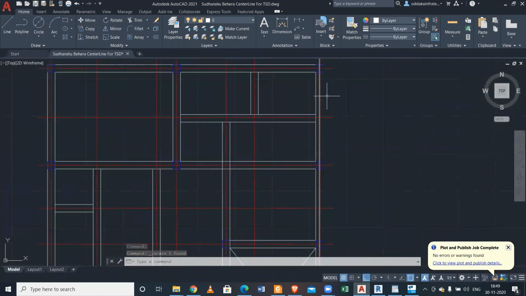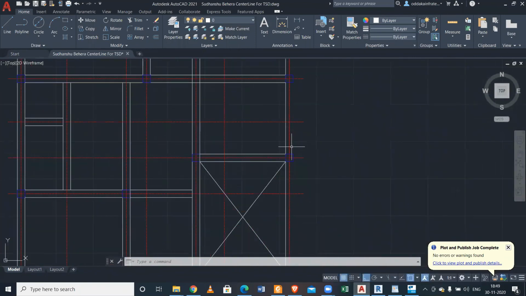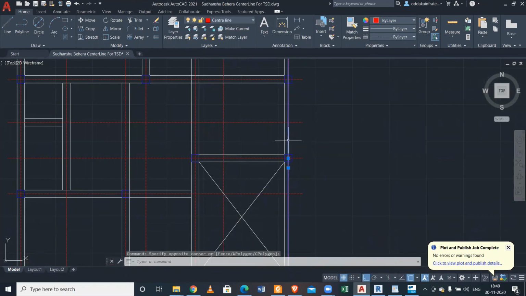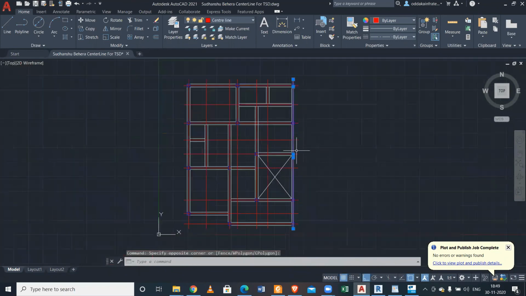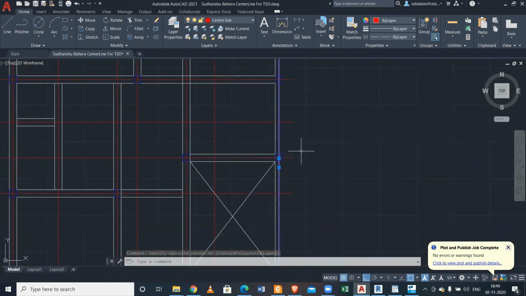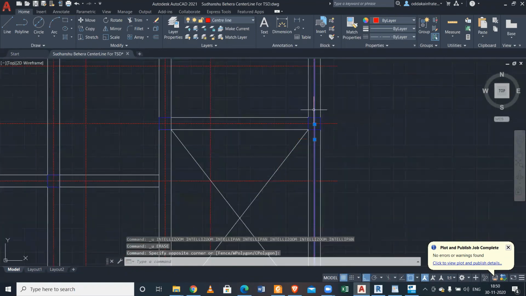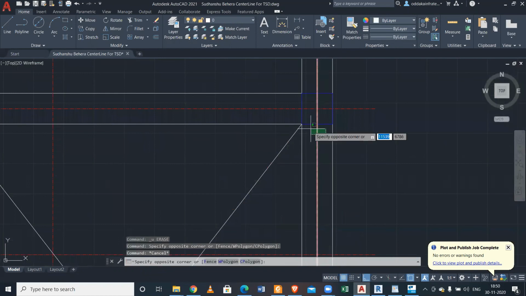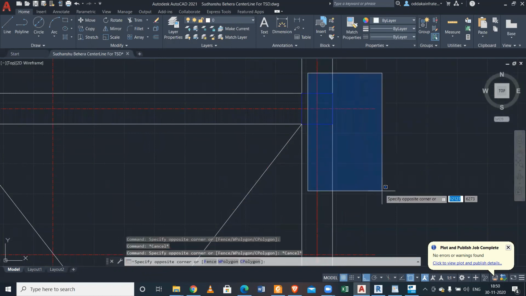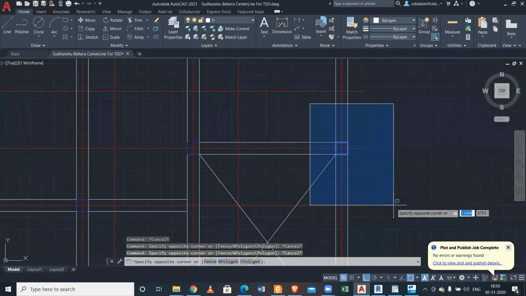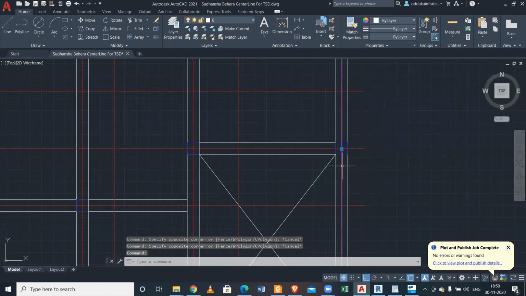Okay. No, we don't have any overlap here. There's an overlap in the center line. Yeah, there is an overlap in the center line. Okay, and we can detect that.